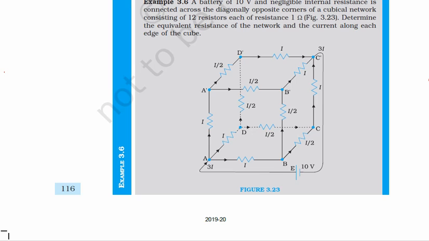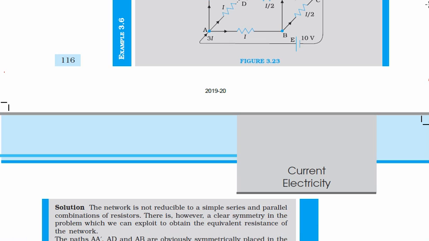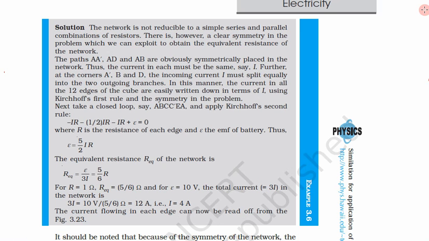Let us solve this problem. So what is the total equivalent resistance and what is the current in each edge or each resistance of the cube? So now we have come to this. Now let us take